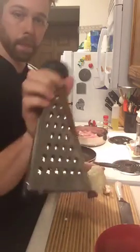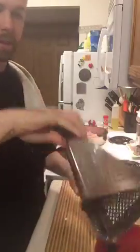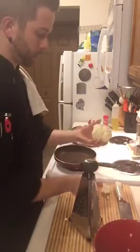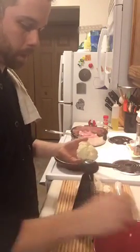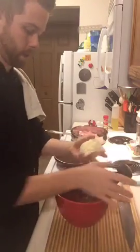So, box grater, open holes. You don't want to use any of these other ones. That's too small. That's the one you want. I'm going to do it right into the